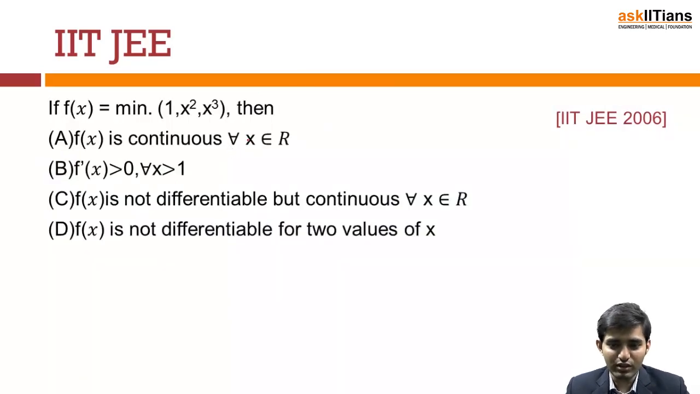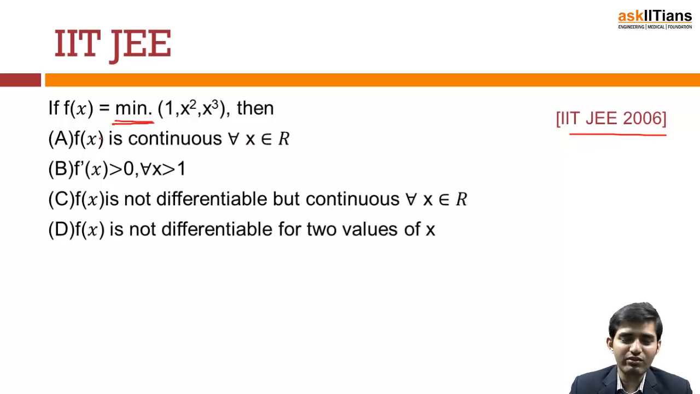Again, this question is also very simple. It was asked in JEE 2006, and this function might not be very familiar to some of the students who have not studied this function correctly. This is the minimum of 1, x square and x cube. Minimum function. Now see, whenever there is a minimum function or a maximum function, I will tell you the method. Whenever you find this type of function, minimum of 1, x square, x cube, what you do is